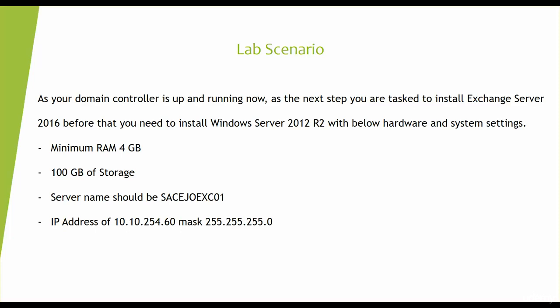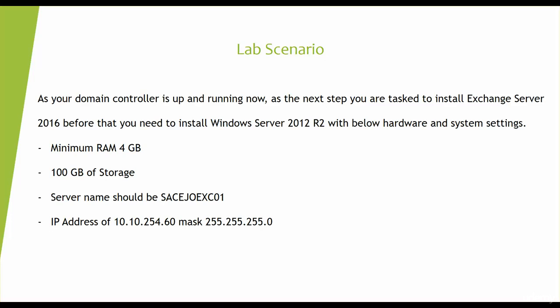So what we are doing in here is we already set up a domain controller for MGO Tech Company for their Sacramento office. Now what they're asking us is, okay, you set up our domain controller already, and now you have to install and configure Exchange Server 2016, and we want you to use these hardware and system settings. They want us to use 4 GB of RAM, 100 GB of storage, and the server name should be Sacramento EJO